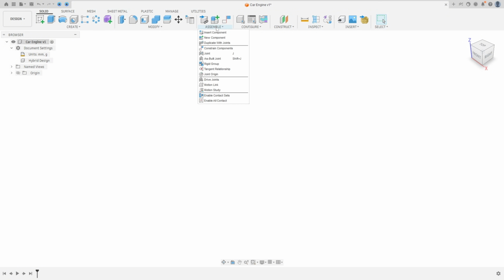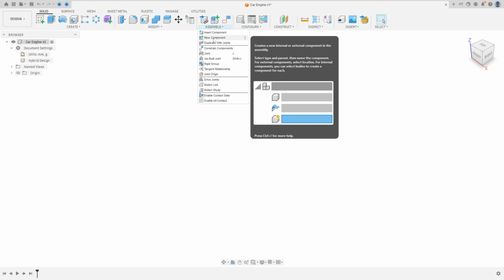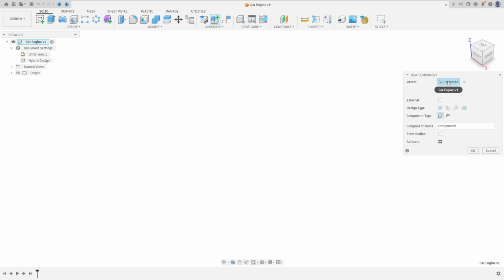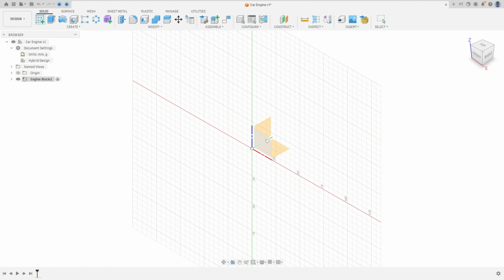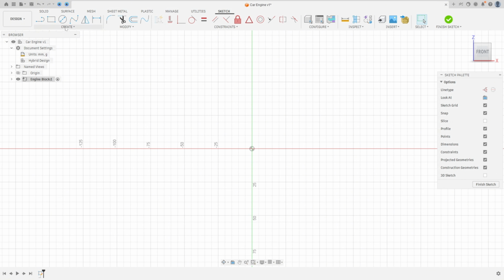And now go to assembly and select the new component. The parent here is the car engine and the component name is engine block, and select activate and press OK. And now go to create a sketch and select the front plane and go to create, select the arc, center